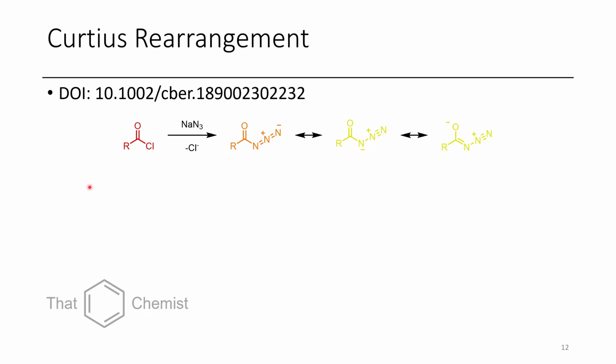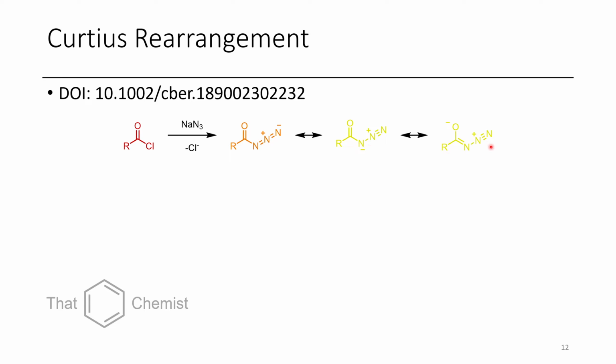Now the next reaction we'll talk about is the Curtius rearrangement. So typically the way that this is done is you treat an acyl halide with sodium azide. Once you have an acyl azide, we can draw it in several different resonance forms. Now in this case we don't need a base necessarily because you can see that there's no NH we need to deprotonate,